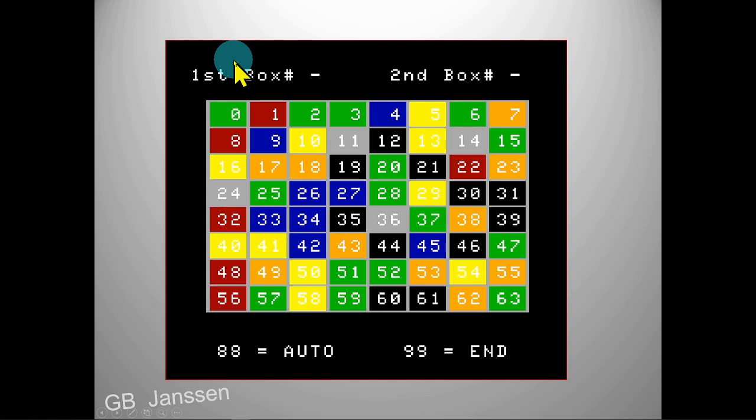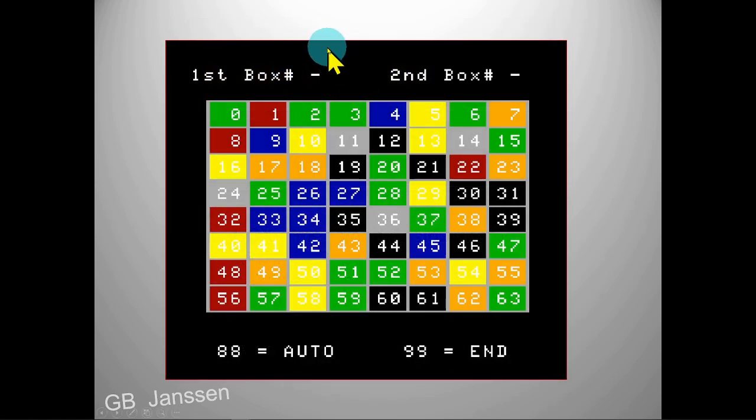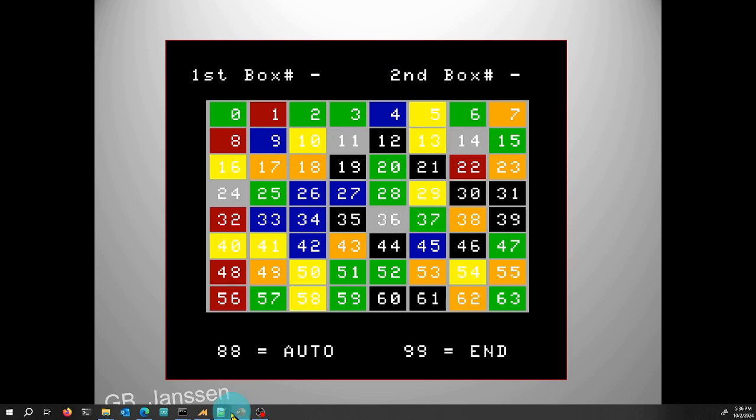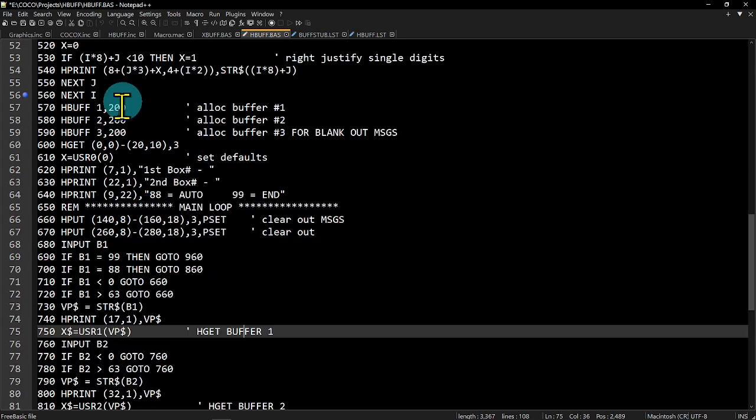down about 10 pixels and put that in a buffer. Oops. And then what I want to do is put that buffer out here. It blanks out with black. That's all it's doing. Nothing exciting, just to clear it out. If you don't, you just keep printing over the same thing. You can't read it. So that's what that did. We get the buffer, we'll save it, and now we're going to go off to